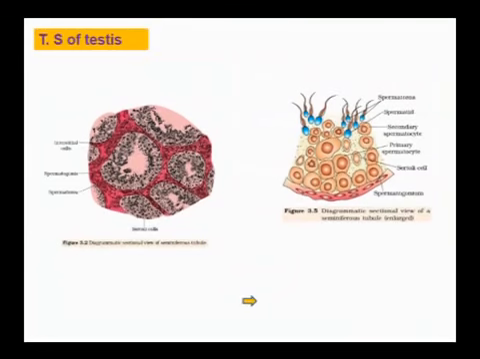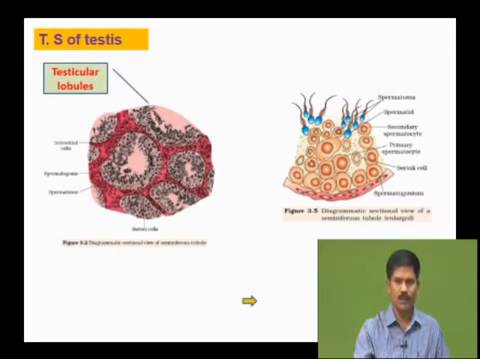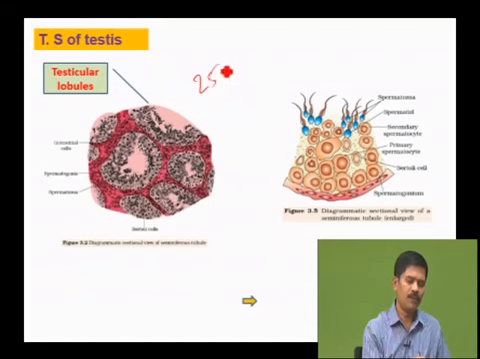A pair of testes which are oval shaped, each measuring about 4 cm, are located outside the abdomen in a bag or sac-like structure called scrotum. That's why they are said to be extra abdominal in position. So TS of testis reveals that each testis is made up of numerous testicular lobules. There are about 250 testicular lobules in each testis, and the long and highly coiled tubules present in these lobules